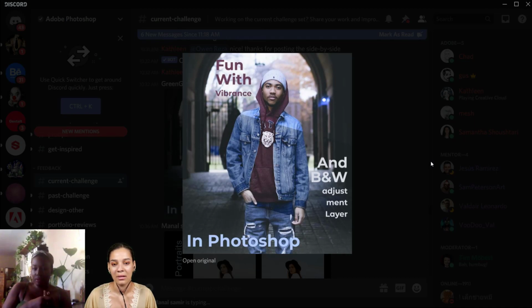Other than that, I agree. I think the type actually takes away from the photo. So I would have blocked everything up a little bit smaller towards maybe the bottom, or actually had fun with the type and put it around the edges or something, just so that the photo itself speaks. Or even crop the photo in a shape and then have the text around that, just because I think the text on it detracts from the image. It's just, where's my focal point going?